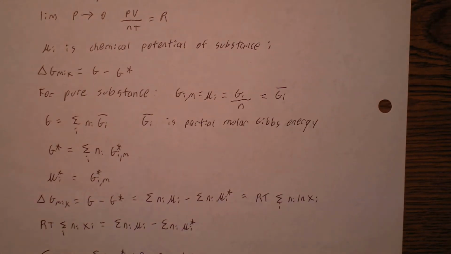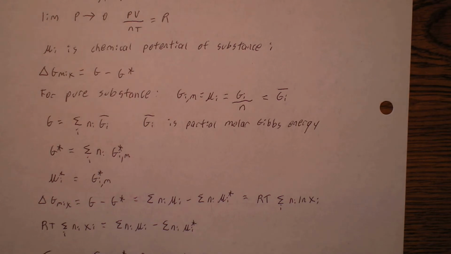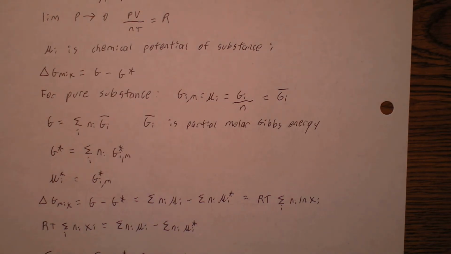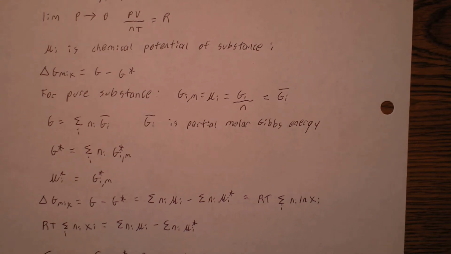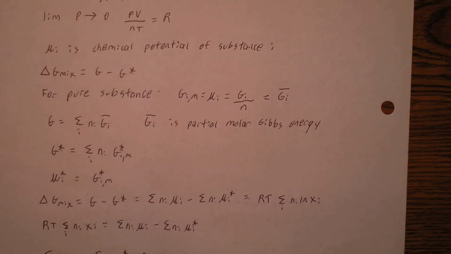So then we get the sum over all substances i of the number of moles of substance i times the chemical potential of substance i is equal to the sum over all substances i of the number of moles of substance i times the chemical potential of substance i unmixed,